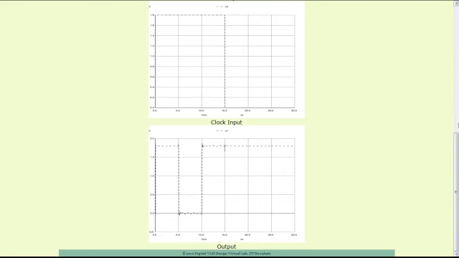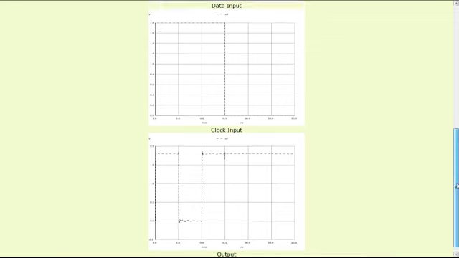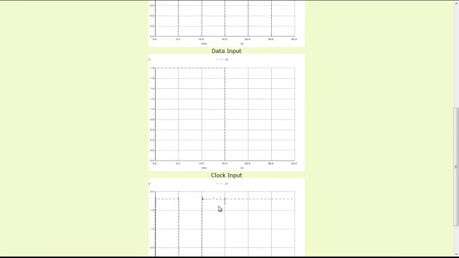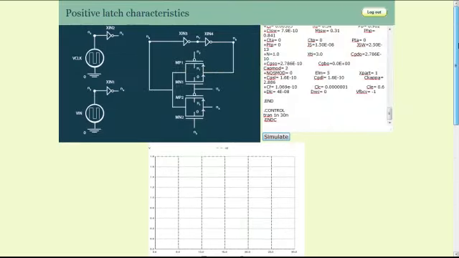Notice that for a positive latch, the output should be a followed version of input during the positive level of the clock signal, which can be verified from the waveform. And during the negative level of the clock signal, whatever output was remaining at the end of the active edge should remain. Thus, we have successfully implemented a positive latch characteristic.